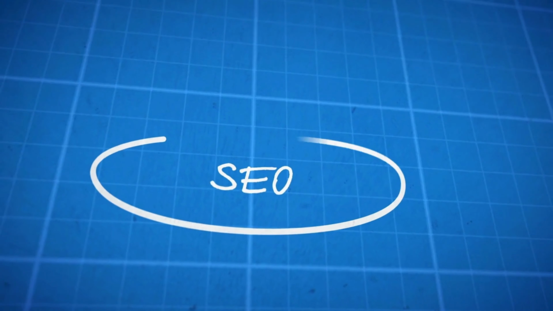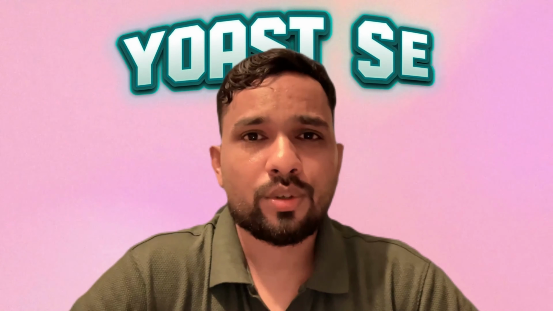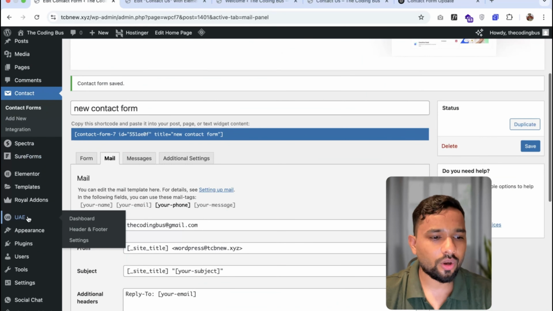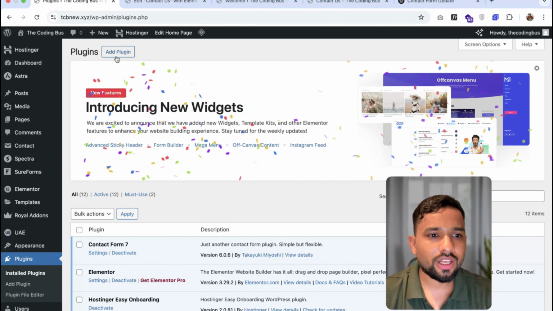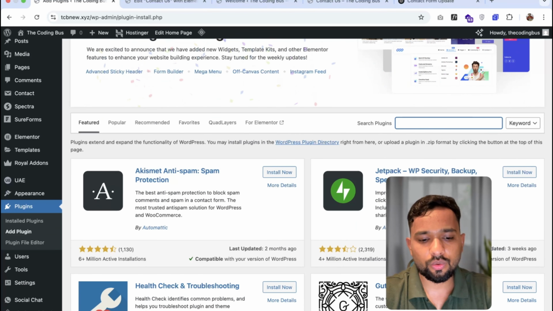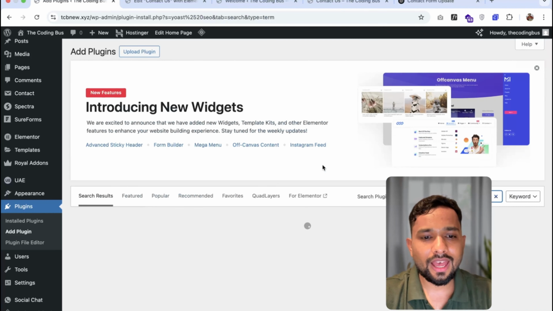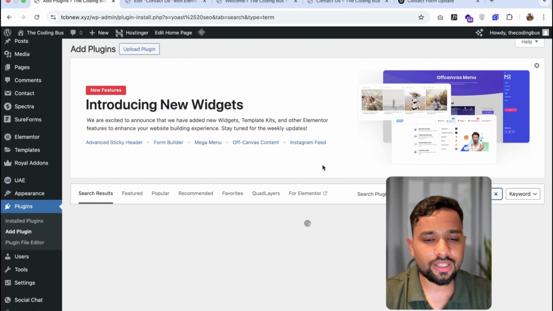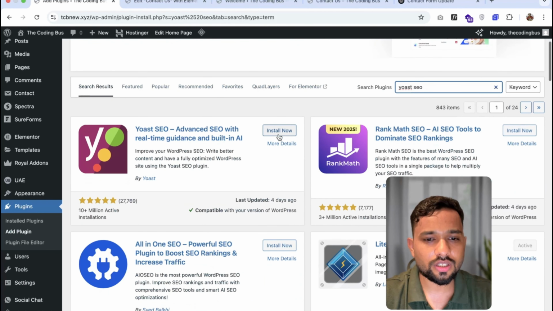You can install an SEO plugin like Yoast SEO, or you can install Rank Math. If you prefer Yoast SEO, how can we do this? Simply on the left side, you will see the option of Plugins. Click on it, click on Add Plugin, and just search for Yoast SEO. You will see the plugin, and this is the Yoast SEO. Just click on Install Now,